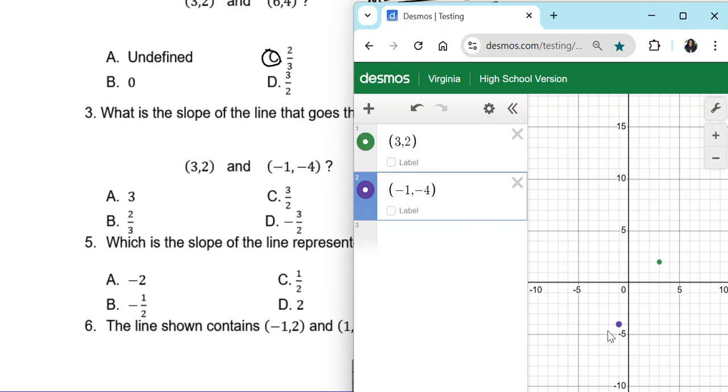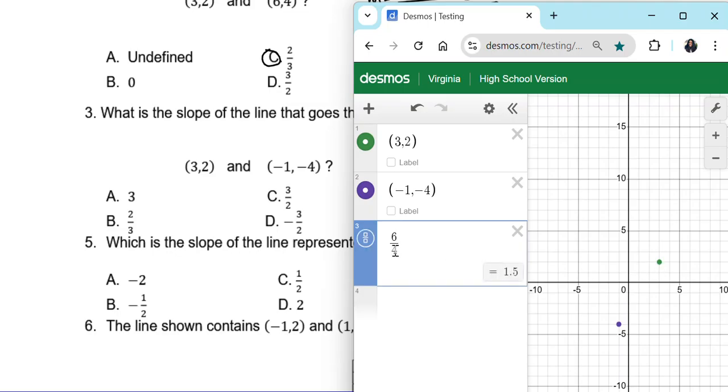I can see that the direction is going up, so I know it has to be a positive slope, one of these 3. And so let me count. So let me actually put this fraction in Desmos. So in the numerator, I'm going to do the change in y, the vertical change. So that's 1, 2, 3, 4, 5, 6 over, and then count to the right, 1, 2, 3, 4,